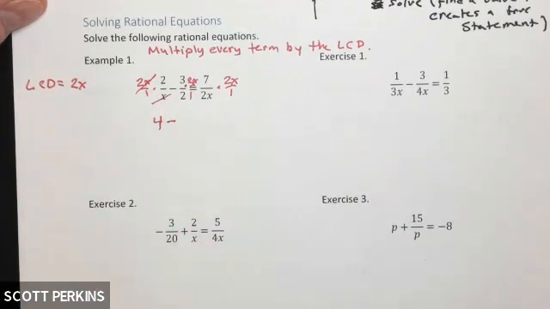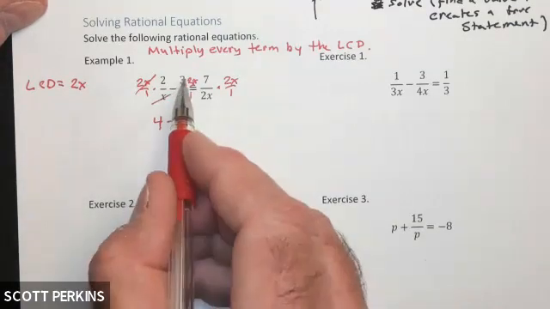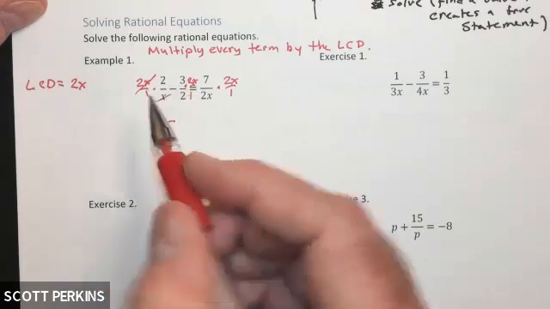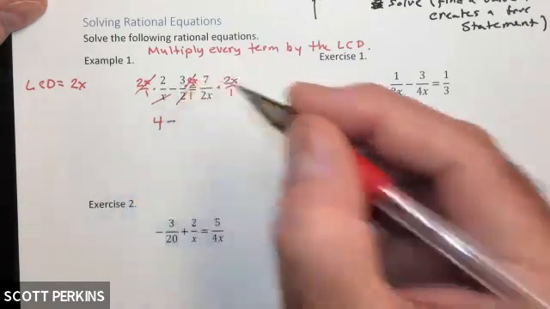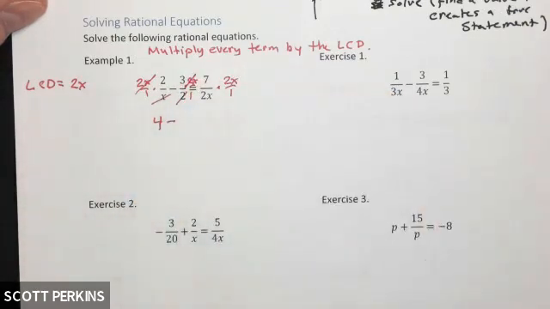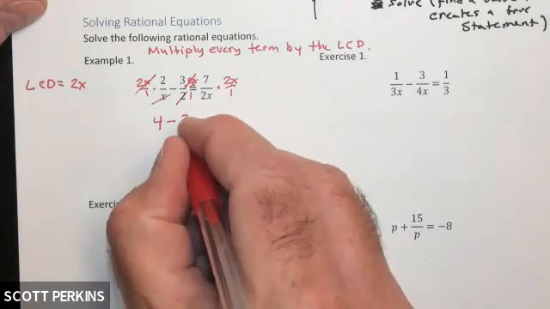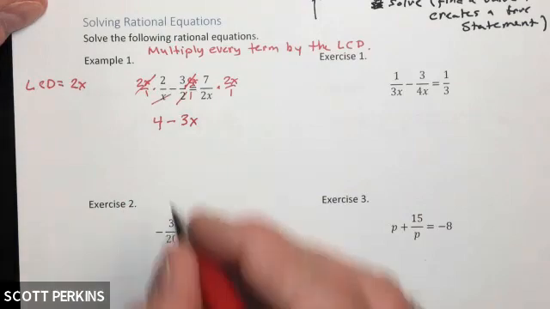Minus the next fraction. I've got 3 over 2 times 2x over 1. What happens there? The 2's cancel. And what's left over when those 2's cancel? What do we have? Negative 3x equals